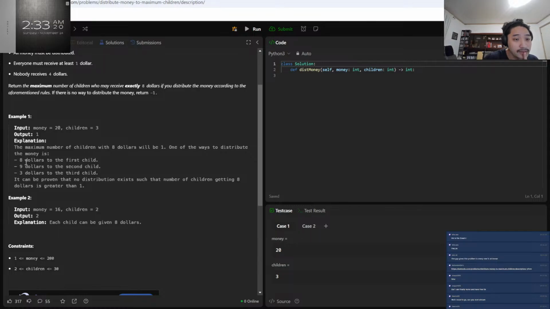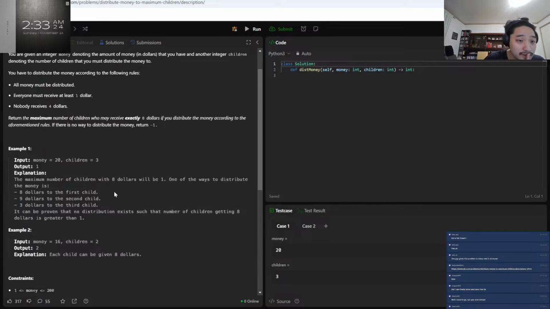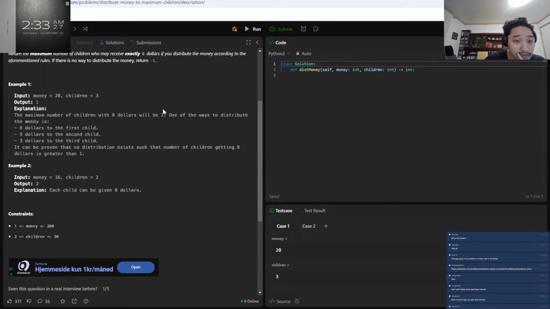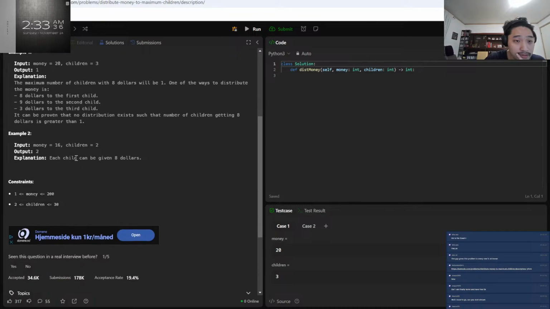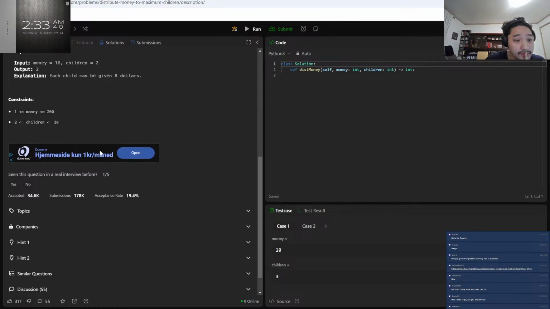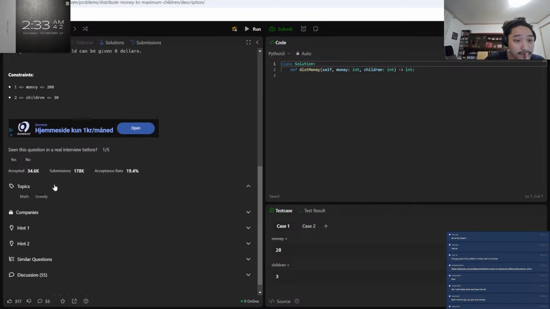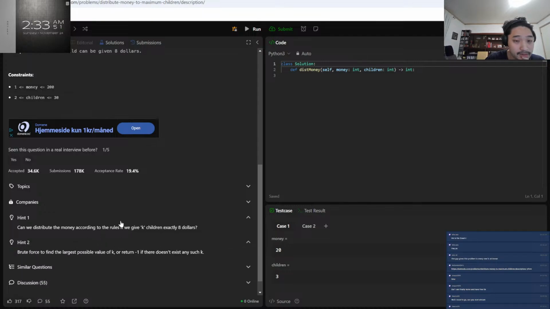Oh yeah, I was wondering why couldn't you have 4 here, but that's the issue. You can prove that they're getting $8, which is greater than 1. Yeah, each can be given 8, so 2. This is a greedy algorithm. Yeah, I assume so. According to this, if you give k children exactly $8, that's a smart way of